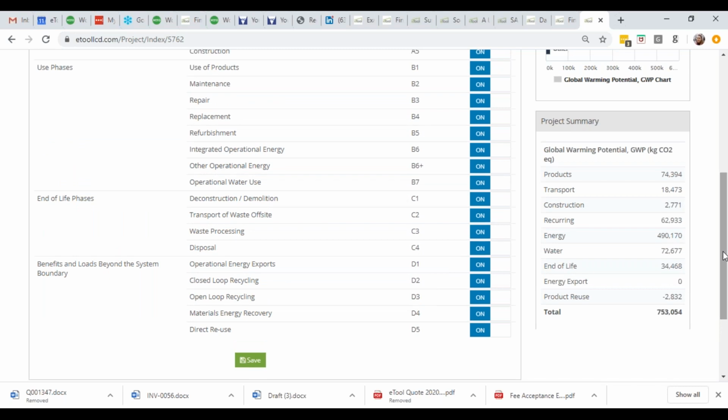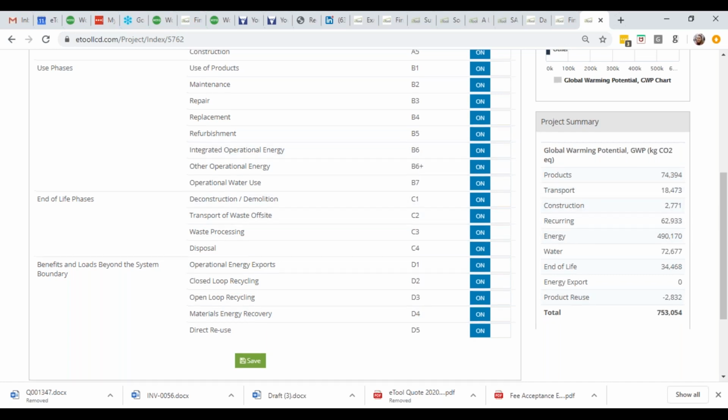So to calculate operational carbon, you just focus on the operational impacts. You can just switch off those modules that you don't need. And vice versa, if you need to calculate embodied carbon, you simply switch off operational impacts, and then press save, and then calculate